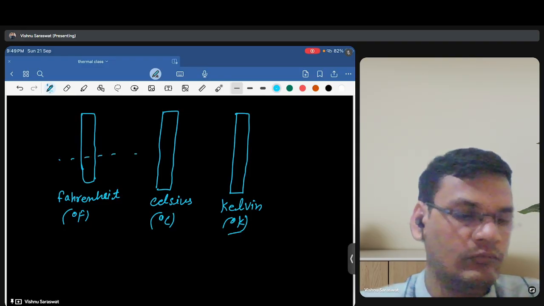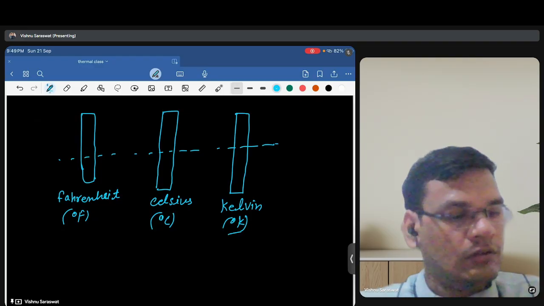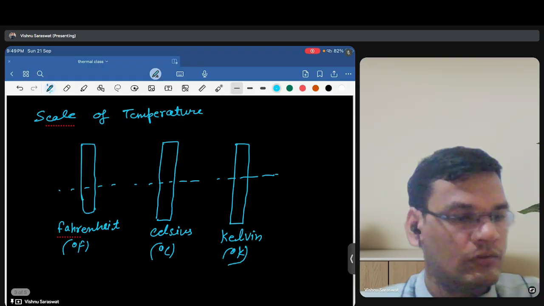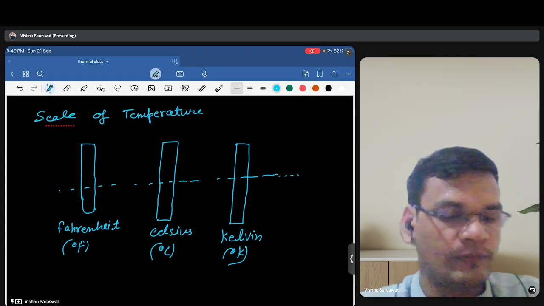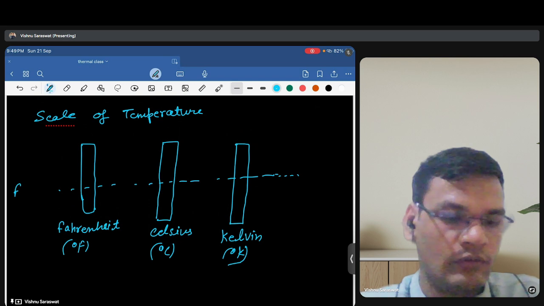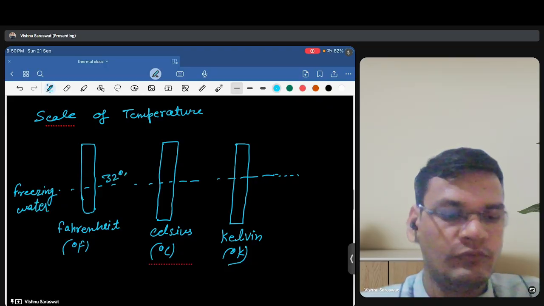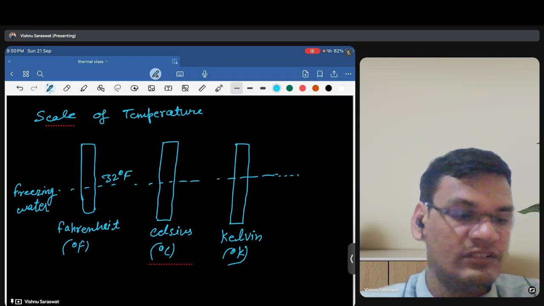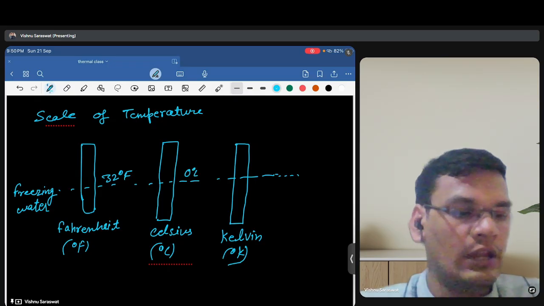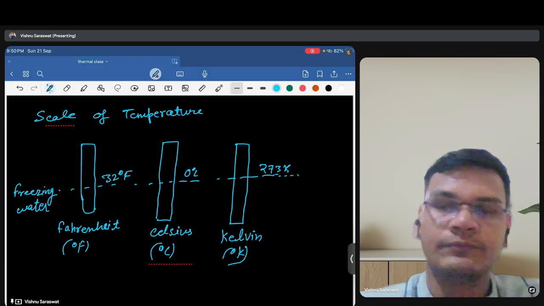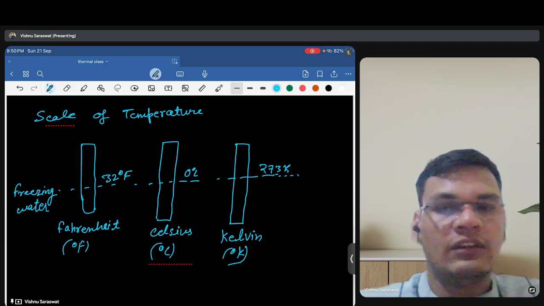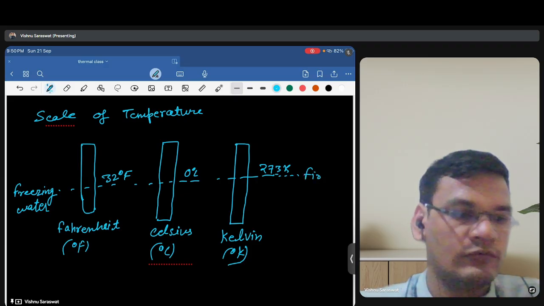Suppose we take a reference line. So this is freezing water at 32 degrees Fahrenheit, and in Celsius this is 0 degrees Celsius, and in Kelvin the temperature is 273 Kelvin. This is the first fixed point,